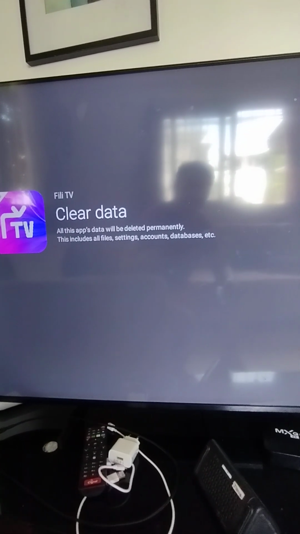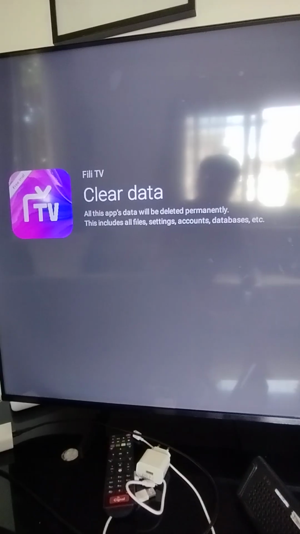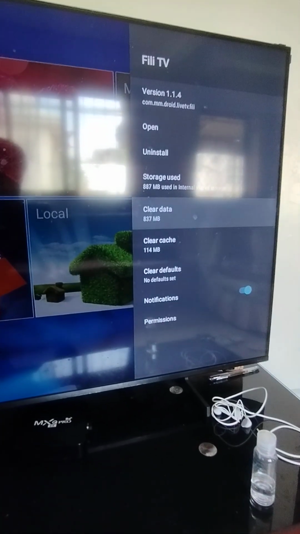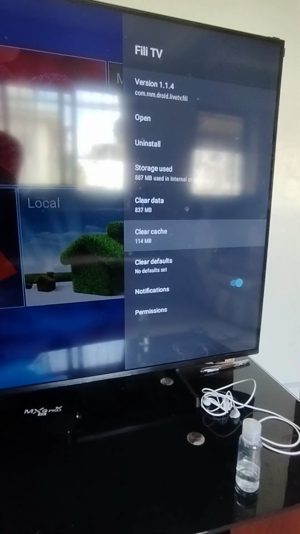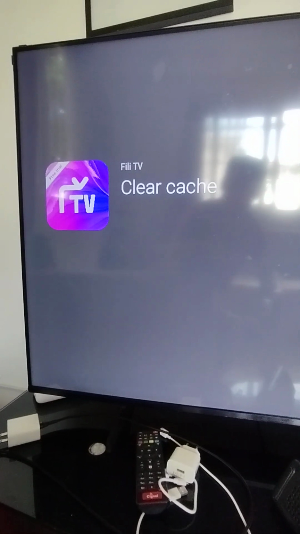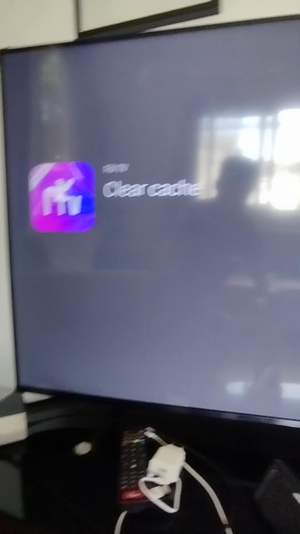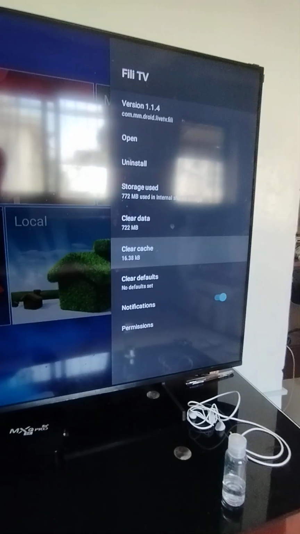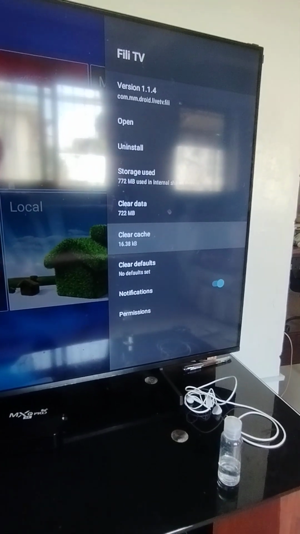So I think this is not the correct option, since this is the data for the accounts, databases, etc. So cancel that and move to clear cache data instead. So we'll select that one, and then it says clear cache. So we choose okay, and then so cache is reduced to